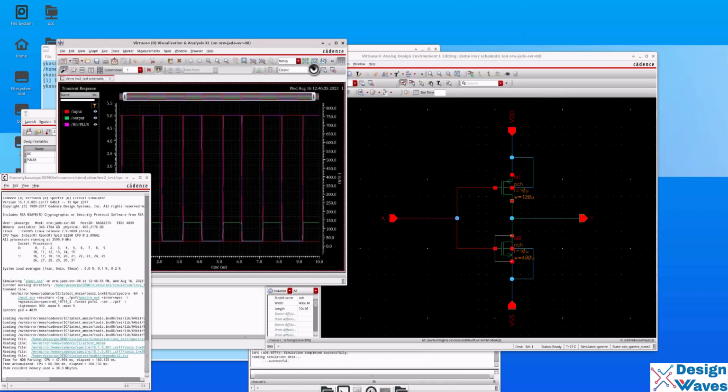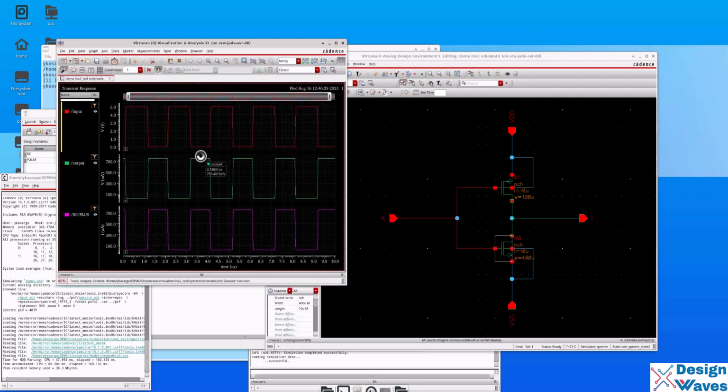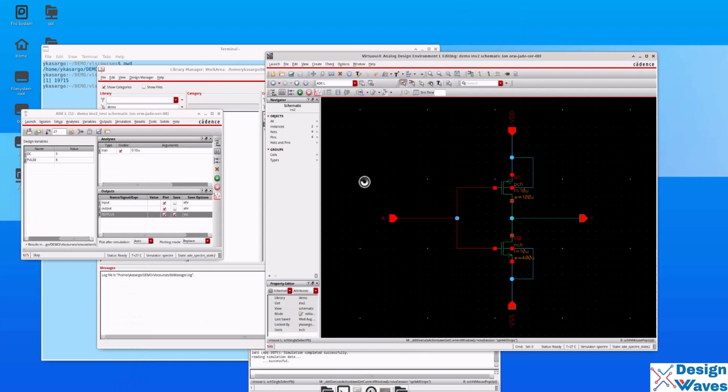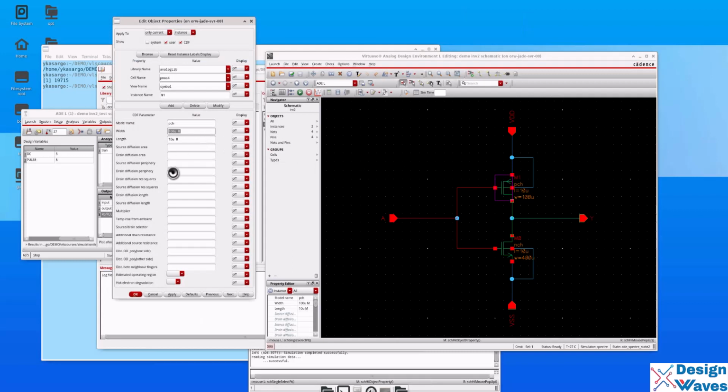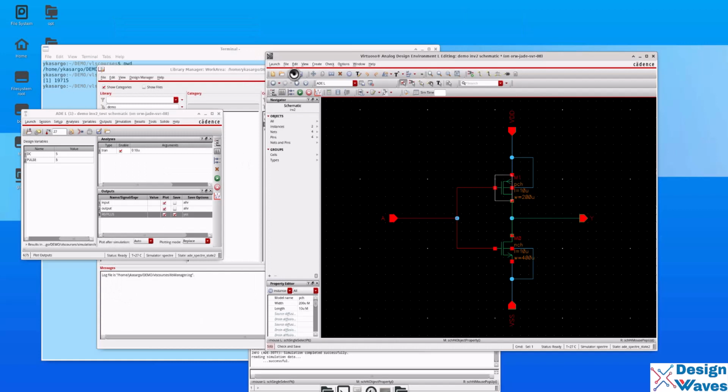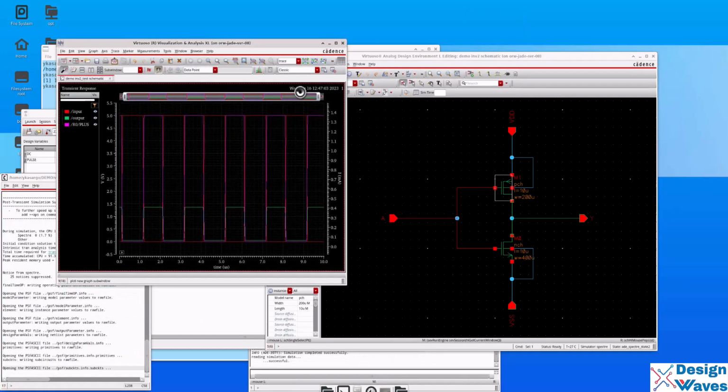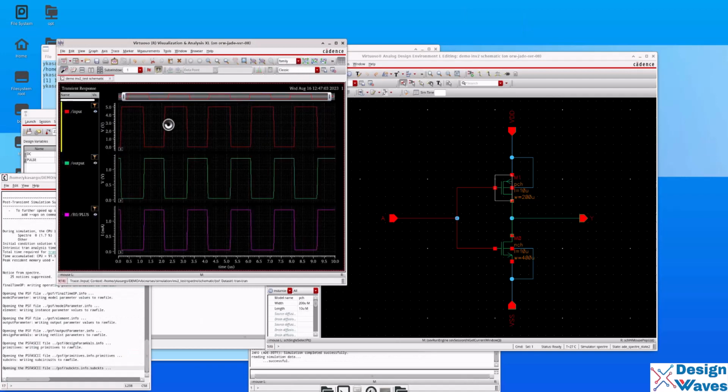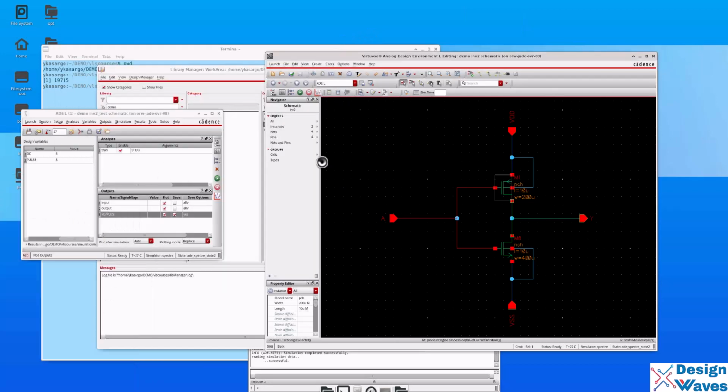So now you can see the output is, sorry, there's some issue. Yeah, I think my load is not set correctly. So it also has to be changed to 20 micron. Then hit the run button. Yeah, now it is switching to 1.3 volts. There is a problem because